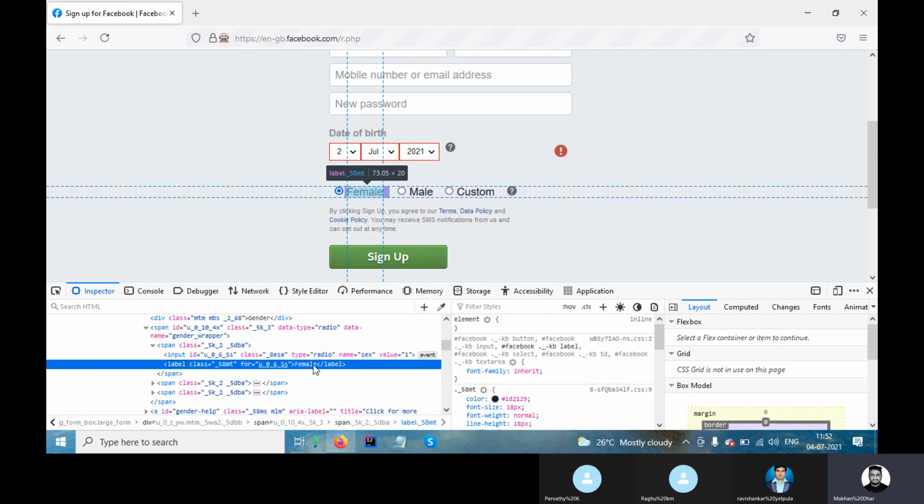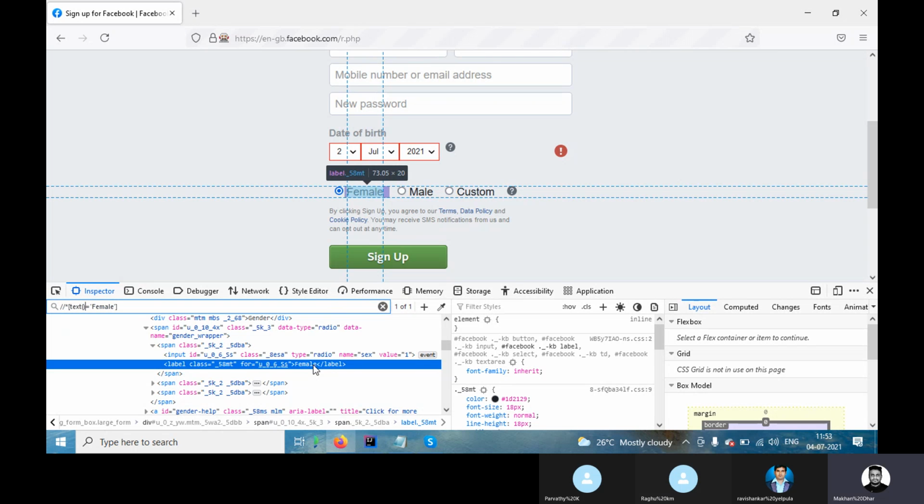Okay, if I search like this, slash, text equal to female, I think the text needs open and close brackets. One second, guys, I made a mistake.